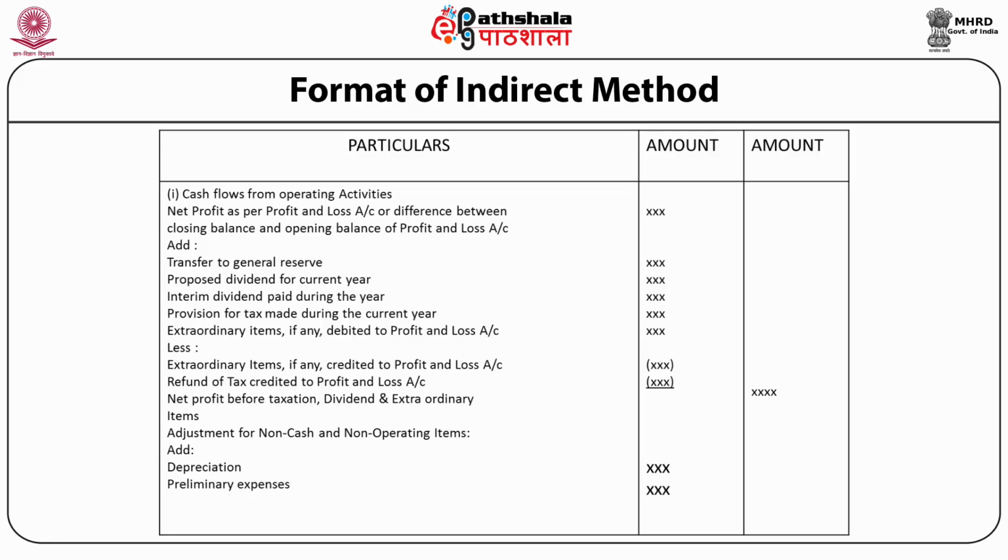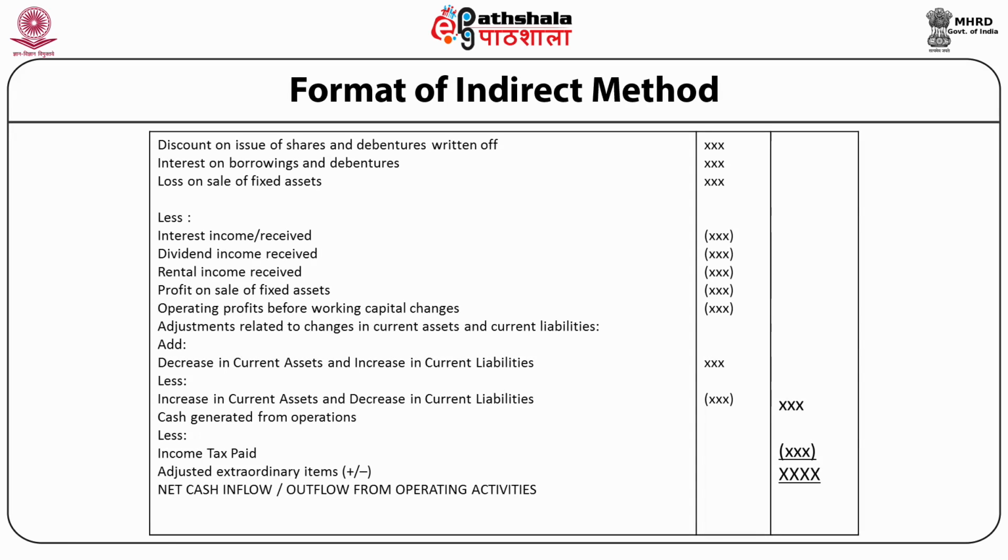Here we'll add depreciation, preliminary expenses, discount on issue of shares and debentures written off, interest on borrowings and debentures, loss on sale of fixed assets, and will deduct following items out of this: interest income received, dividend income received, rental income received, profit on sale